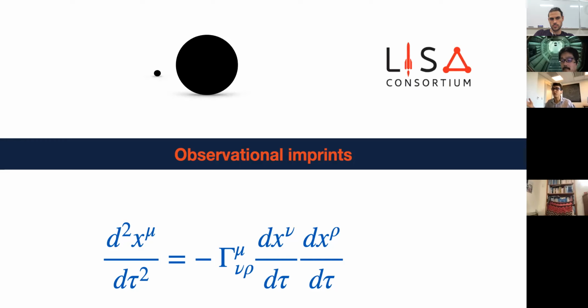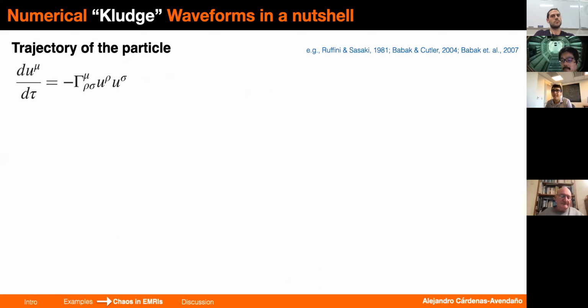And the idea would be to observe this using LISA, that hopefully will fly in around 10 years. But for that, of course, you need a radiation reaction. You need it to radiate, which is something that has been lost in all the slides that I just showed you. So you can study the trajectory of the particle, and let me just go over what people have done in the past years to produce these in-spirals in EMRIs, at least to first approximation.